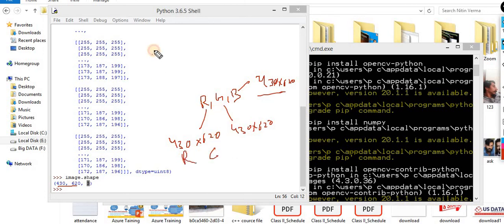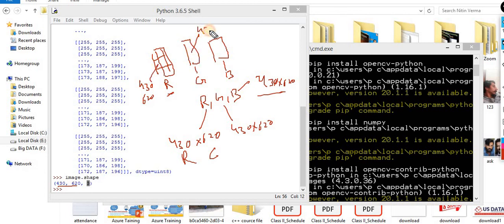The 3D array means there are basically three arrays. One represents red, another represents green, another represents blue: RGB, red, green, blue. And the information, you can imagine, is 430 rows and 620 columns here, the same 430 rows and 620 columns here, and again 430 rows and 620 columns here.